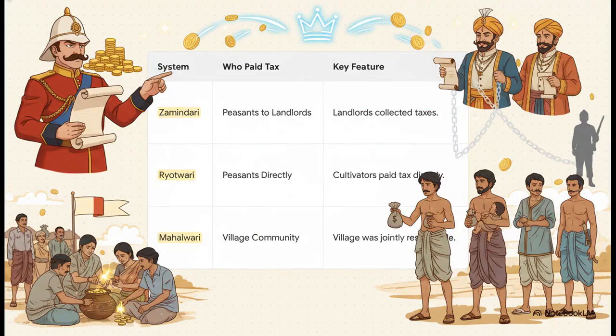And take a look at this table. It shows you just how organized and systematic they were about it. You had different systems, but they all did the same job. In one system, they'd use local landlords as their tax collectors. In another, they'd tax the farmers directly. And in a third, they'd make an entire village responsible for the payment. But no matter how they did it, the goal was always exactly the same: get as much money as possible